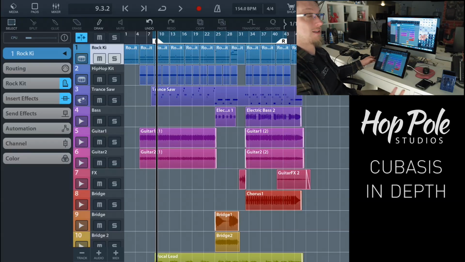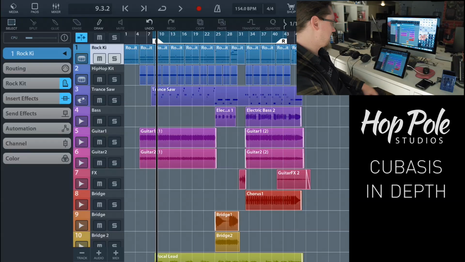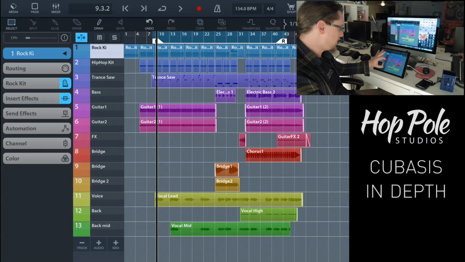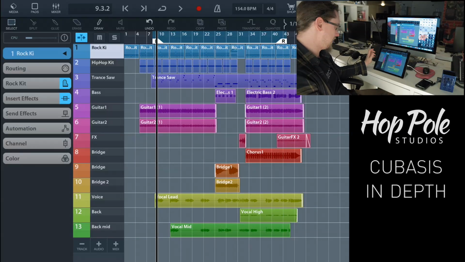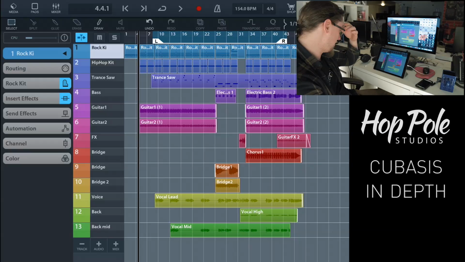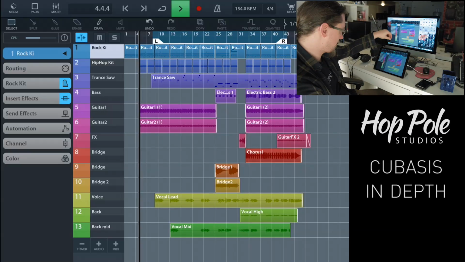I mean, yes, they're on Cubase 9 now, but in terms of a mobile system, they're kind of sticking to the guns with the old stuff, by the look of things. So this demo came with Cubasis, and it's got 13 tracks in it. I've already been messing around with it, but if I hit play,